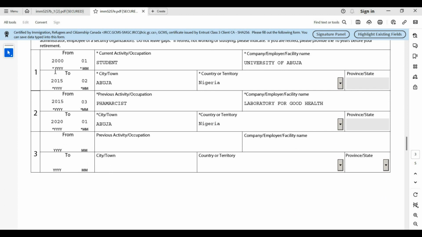So now, what do we have? From 2000 to 2015 is 5 years. From 2015 to 2020, it's another 5 years. So if I've done anything else after 2020, I'll put it here. So I'll assume from